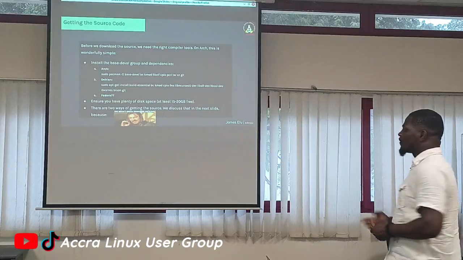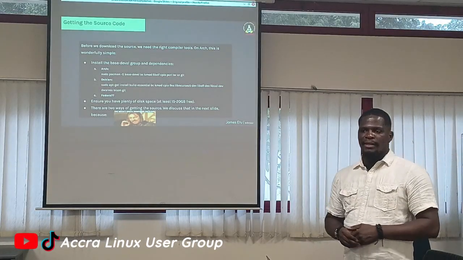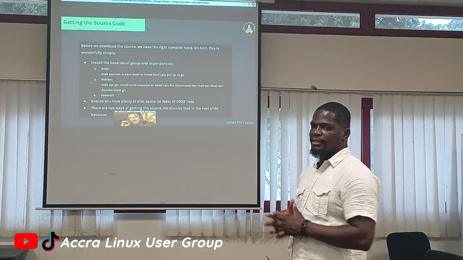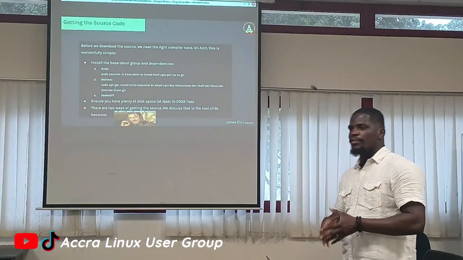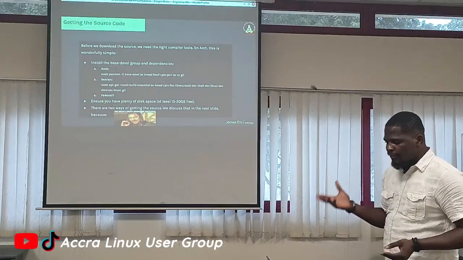And then you have to ensure you have plenty of space for building the kernel. The kernel is quite large, about 3 gig. Sorry, not 3 gig, that's the history, but the kernel itself is about 150 MB. But when you build it, the build files are going to explode all over the place. So there are two ways of getting the source,